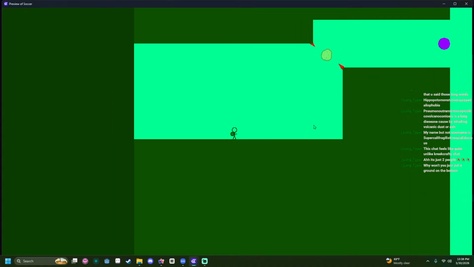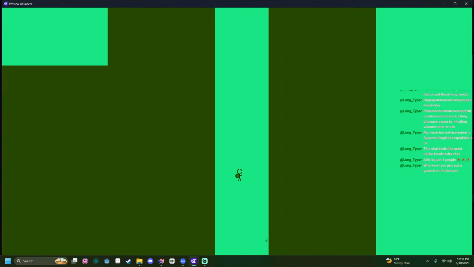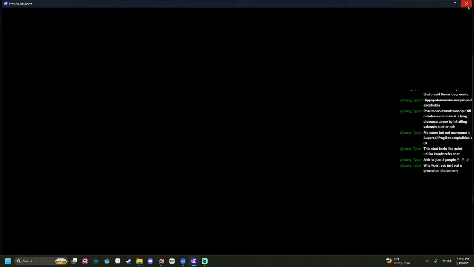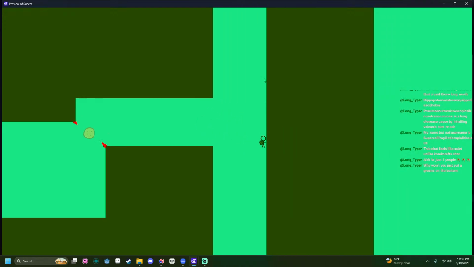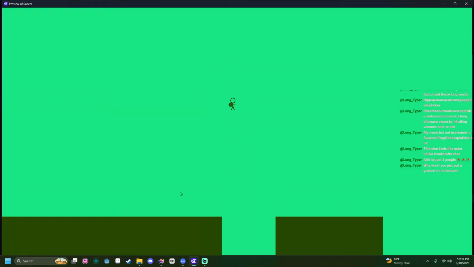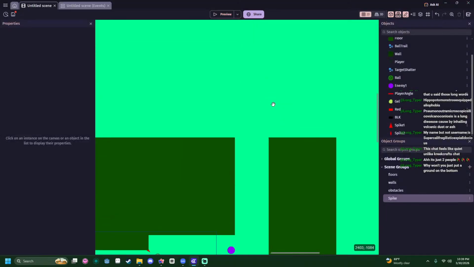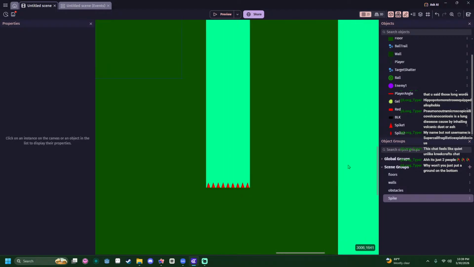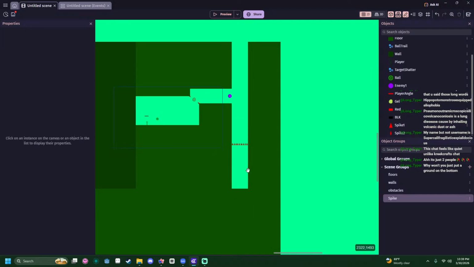Put a ground on the bottom? What do you mean? On the bottom of where? Oh, well, that's for just me testing the dashing midair. I'm wondering if I even want spikes to kill the player or just the ball. We also need slants. I don't have slants yet. I also think, honestly, I should probably... I'm thinking raise this to like here.